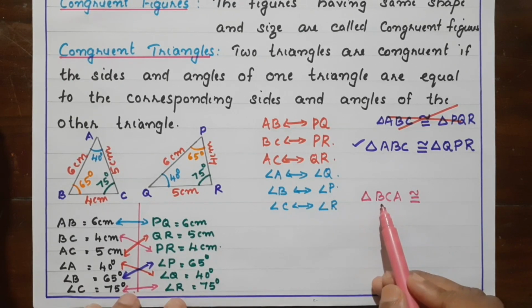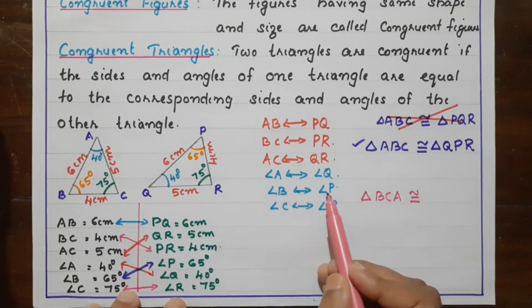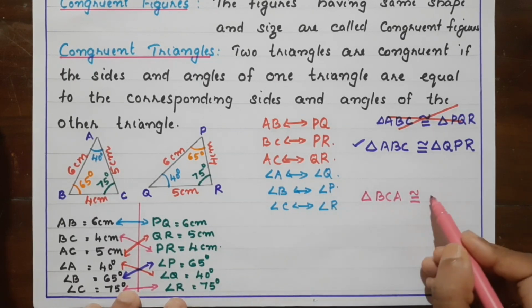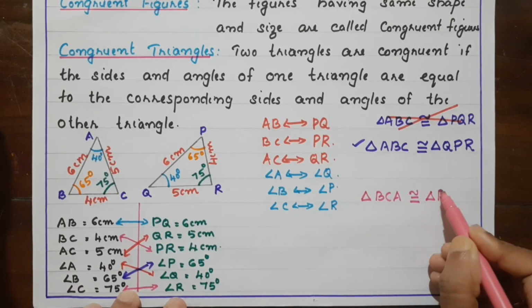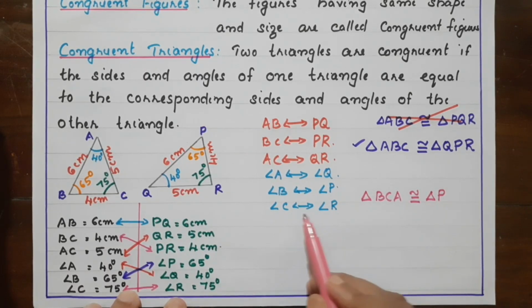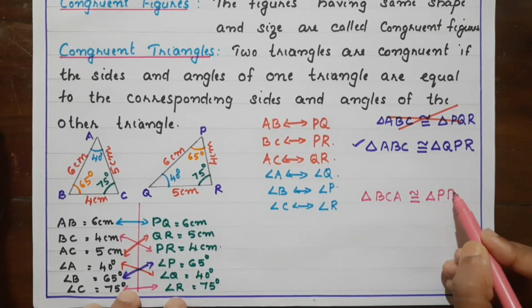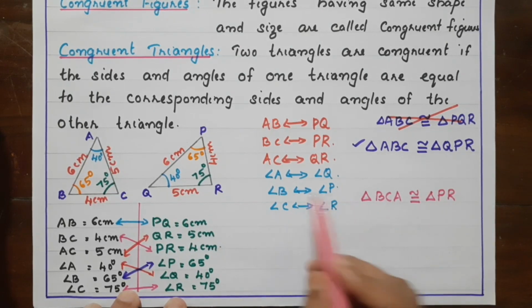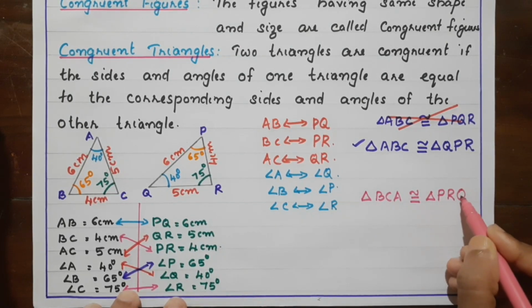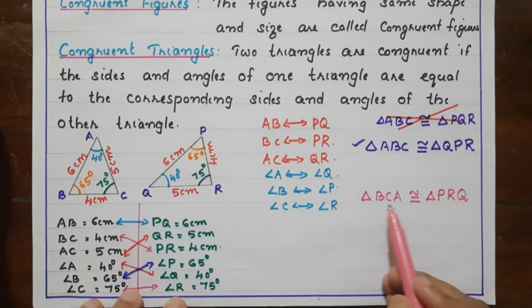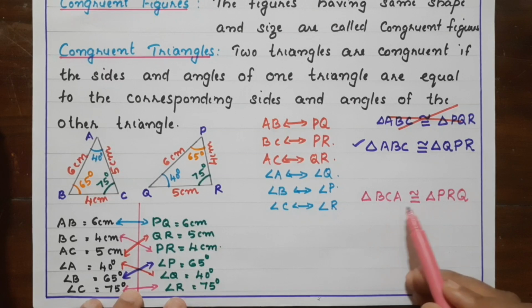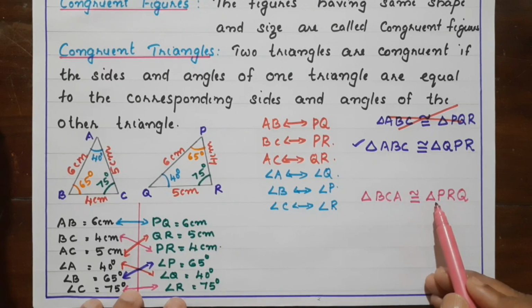We have to check which angle corresponds to angle B. Which angle? P. So we can start with P. Then C corresponds to R. So it is R. Then A corresponds to Q. So we can write triangle BCA congruent to triangle